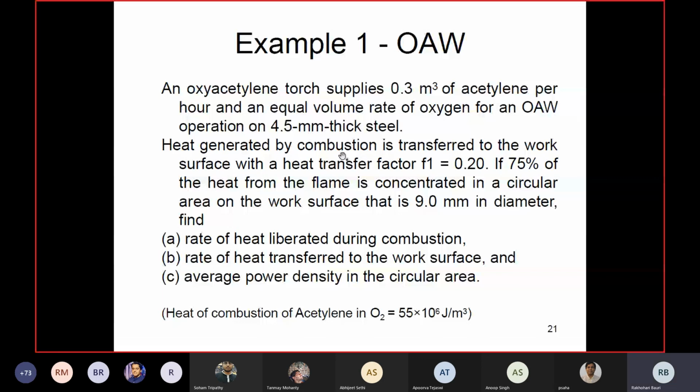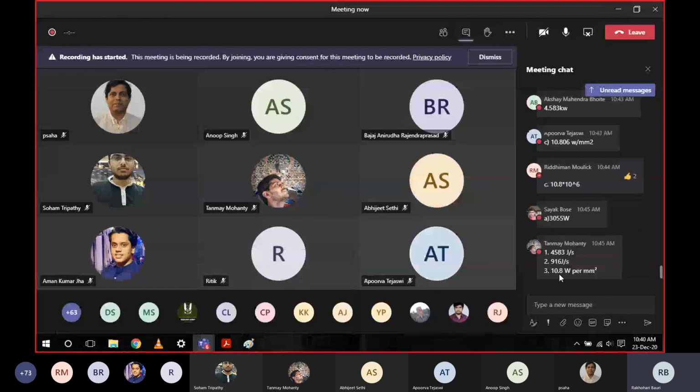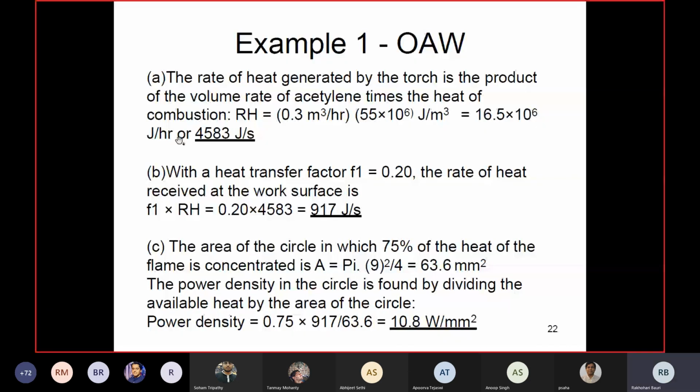Now I think many students have got their answers. Let me just check. Yeah, answers are coming. So now I'm showing you the answers. See, did you get these answers? Here in the first question, the amount of heat liberated, you are simply multiplying the combustion amount of